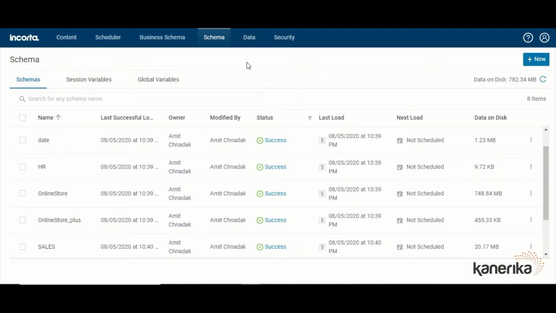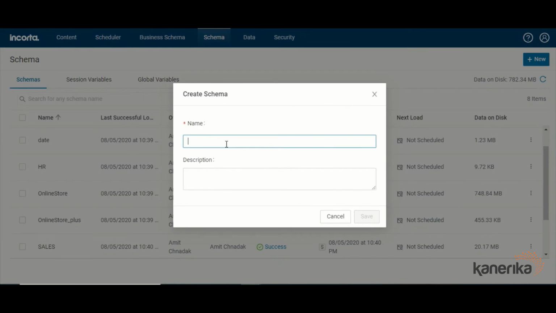So we have loaded our data, and post that we will come to the schema tab. Under the schema we have to create our schema and relationship, and we have to use that. So the first thing we are going to do is create a schema. I will click on the new button on the right hand side top, and create schema. In the create schema, let me call it demo sales,